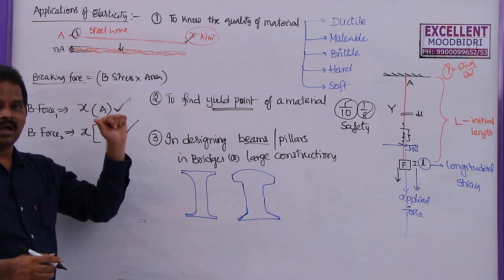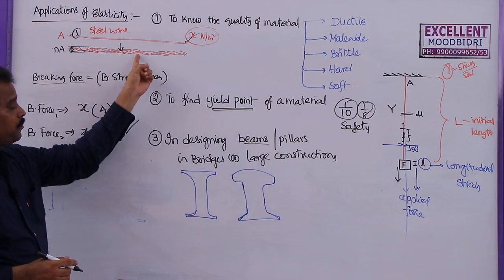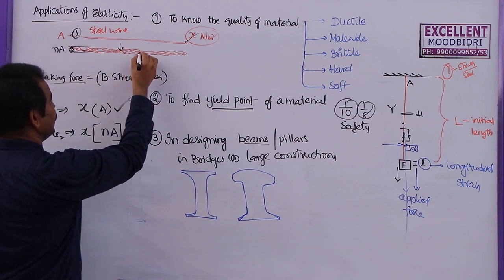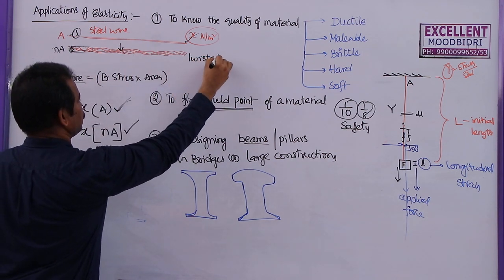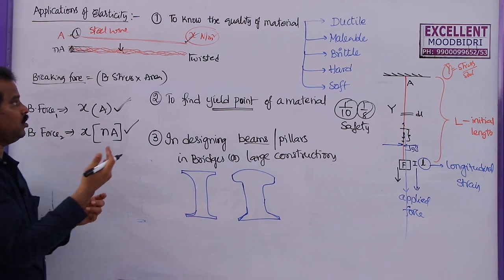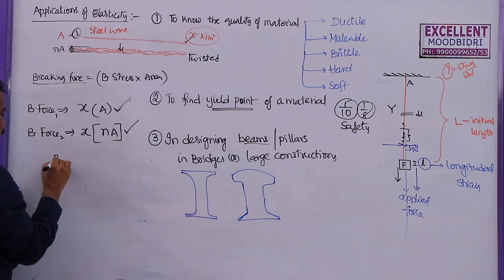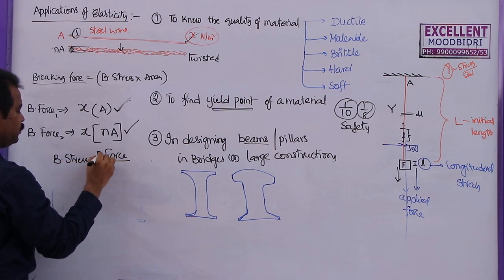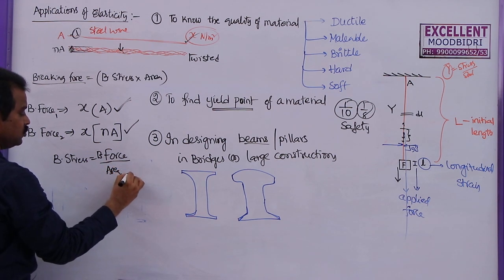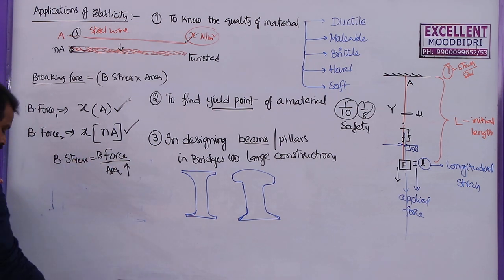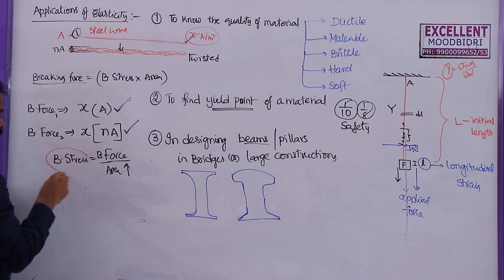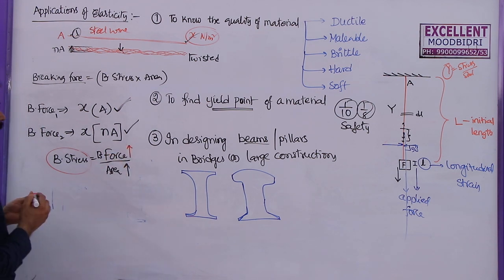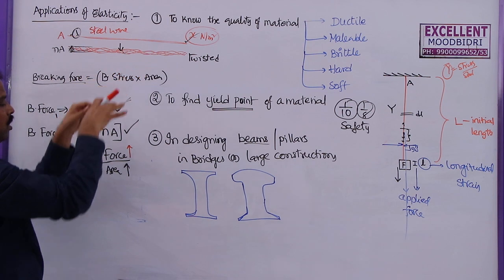I think in our house also we are using these types of plastic wires to hang the clothes on. So why are we using these twisted wires? When we are twisting these wires, we are increasing the cross sectional area. Breaking stress is equal to force by area, that is breaking force by area. So, as this value is constant for a given material, by increasing this area we can increase the breaking force. That means we can keep more load on this one.